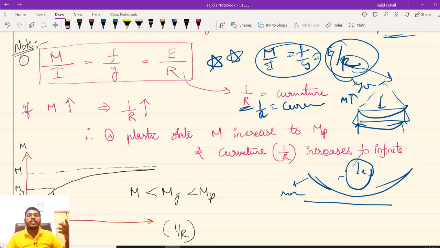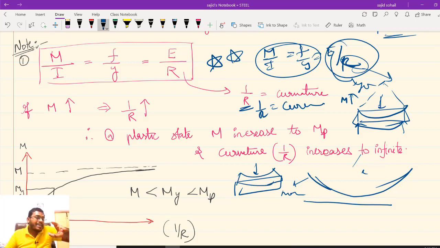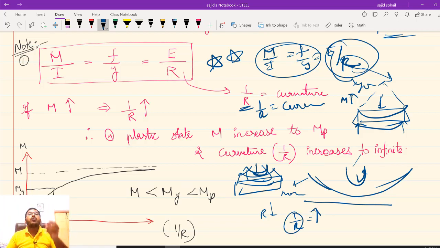So if something is like this, if it is bending, if my member, if you are adding the load, first it will bend like this, right? So now it has more radius. But if you keep on increasing the load, वो कुछ इस तरह से बेंड करेगा, अग्रीड, और पास में बेंड करेगा, तब its radius is actually decreasing. So your r value might be decreasing, but what is happening to your curvature? That means the curve is more, the curve is steeper, काफी curvature बढ़ रहा है. That specifies that, okay. 1 by r क्या हो जाएगा? It will increase. As r value is decreasing, my 1 by r value keeps on increasing.